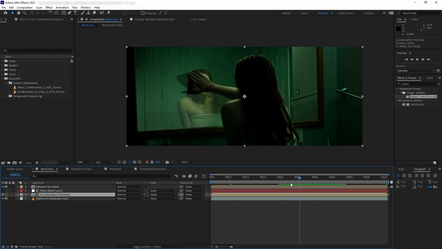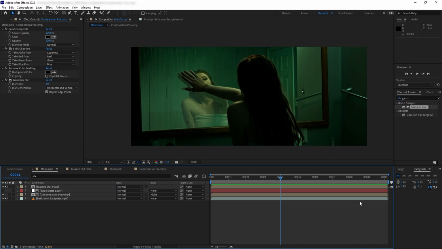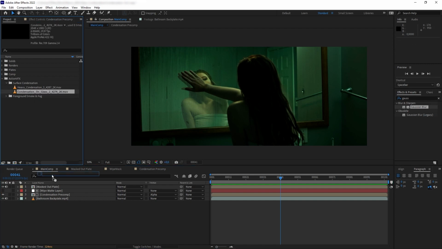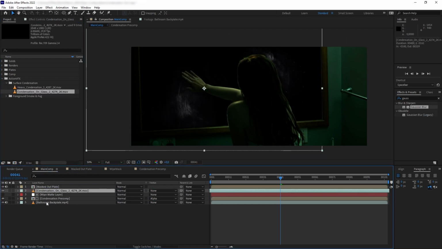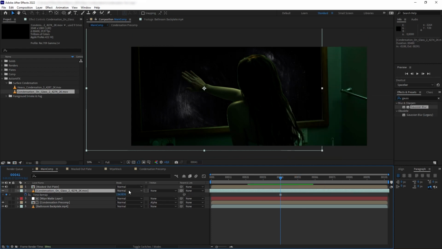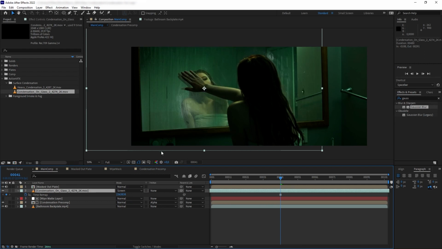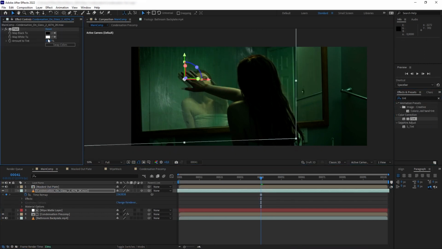Great. So next what I want to do is add another layer of condensation. This condensation is the thicker one that is not easily wiped out by the hand. So I want to bring in these other glass condensation elements, and then search for a frame where we see the texture very visible, and then let's freeze frame it. And then of course, just like before, we're going to turn it to screen, turn it to 3D, and then let's add some tint and color match it to the scene.